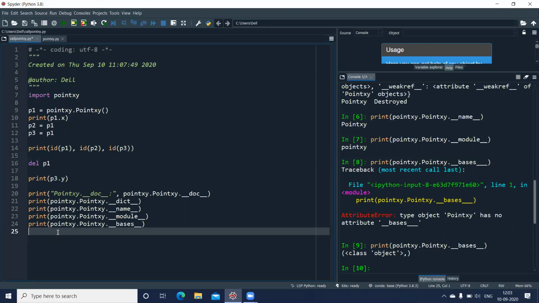So you can see for all my classes, object is your base class. And finally, if you have any other attributes, you can use this. So these are some common inbuilt class attributes which you can access using the name of the class followed by the name of the attribute. So this was the error which we were getting last time.